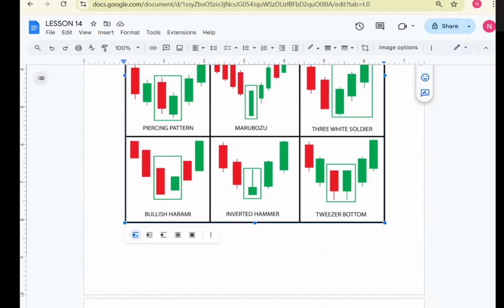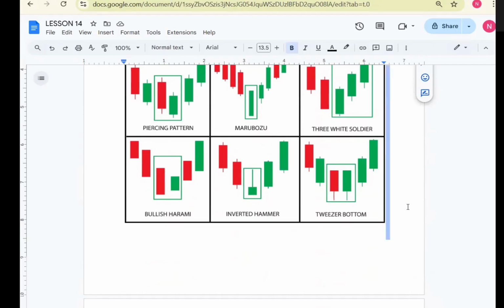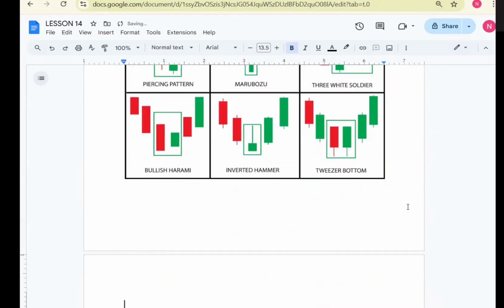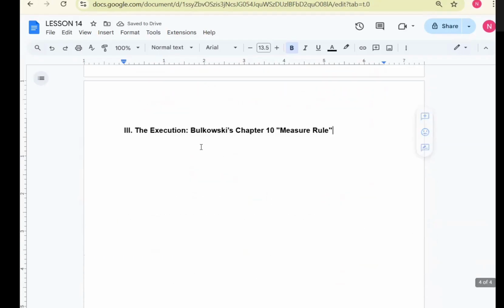Now let's move to the next part because we already reviewed those candlestick patterns from the last lesson. The next part is the execution, Bukowski chapter 10, like the measured rule. To be a professional trader, you must have a mathematical target. And the target, take profit,